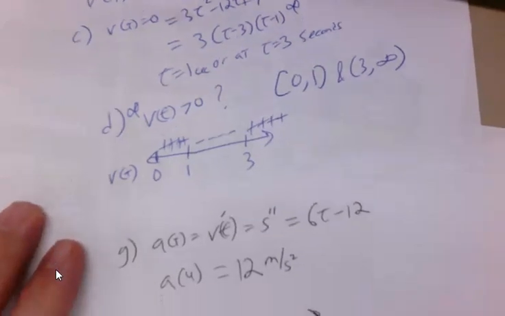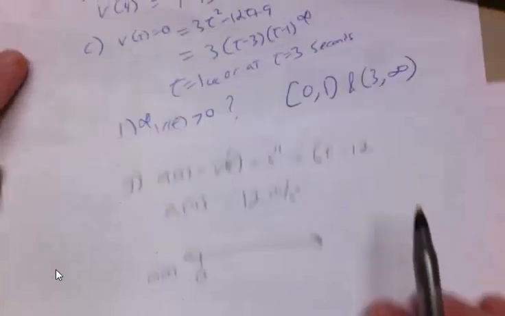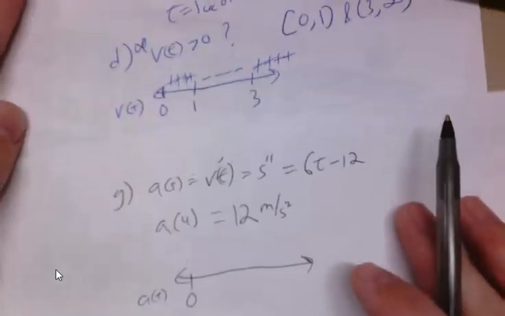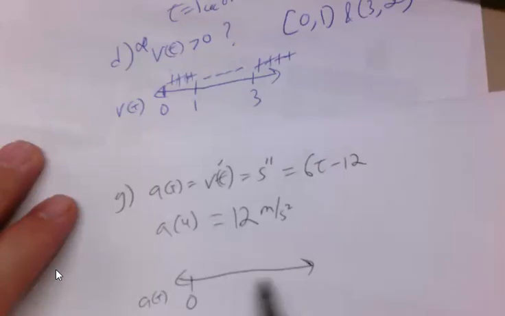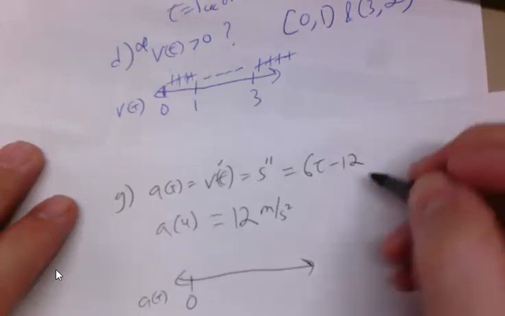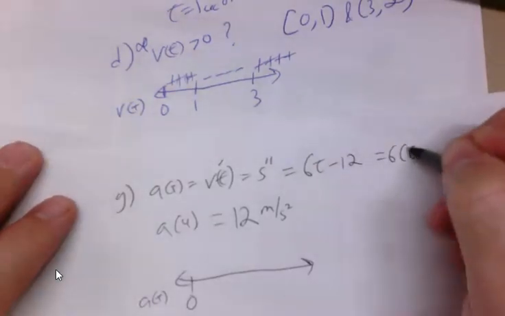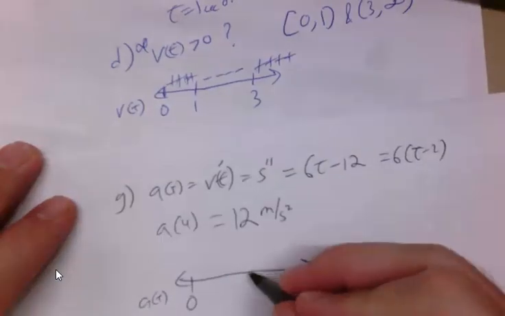Well, we need to know, sorry, I didn't realize it was cut off. We need to know, can we see it? There we go. We need to know when acceleration was 0, so we can figure out what special value we're going to use as our cutoff point. So that would be, if I factor out the 6, t minus 2, so at t equals 2,